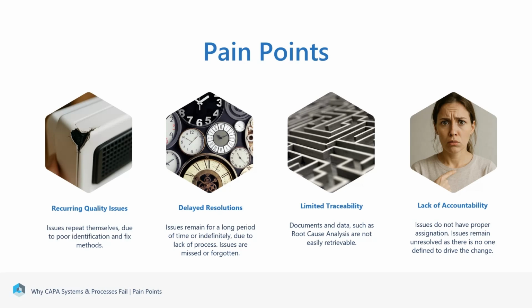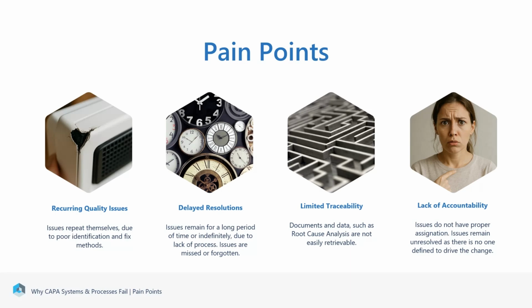Another final pain point is lack of accountability. In some industries, there's a little bit of a blame game that might happen, and it may well be that the responsible party is the person on the supply chain, the engineer. It might be the engineering manager. It might be the document controller. And we don't have anyone that actually is taking ownership of that action and getting it fixed. They're all potentially pointing fingers at other people.